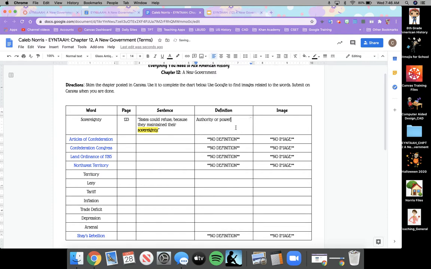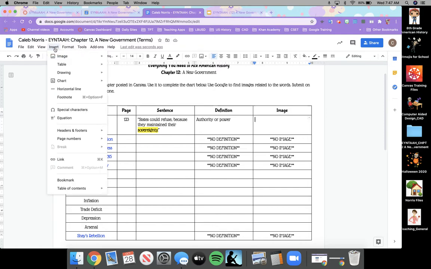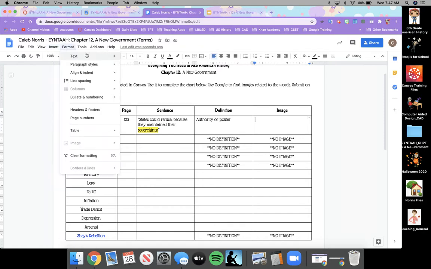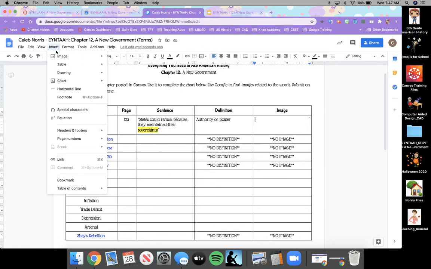Now, when I find my image, I'm going to click here, and I'm not going to look for the word sovereignty because I think that's going to make my image search much smaller. So instead, I'm going to look for the words that are in the definition, like authority or power. So I'm going to go up in my toolbar to insert, image, insert image,